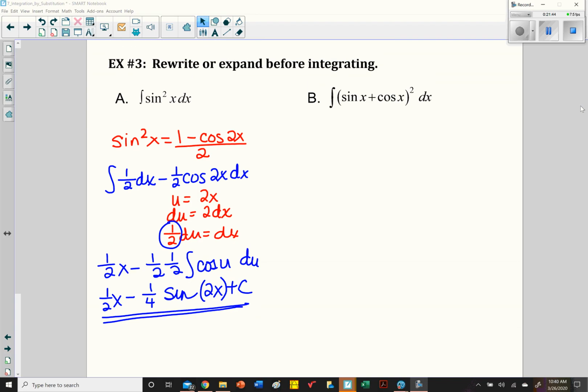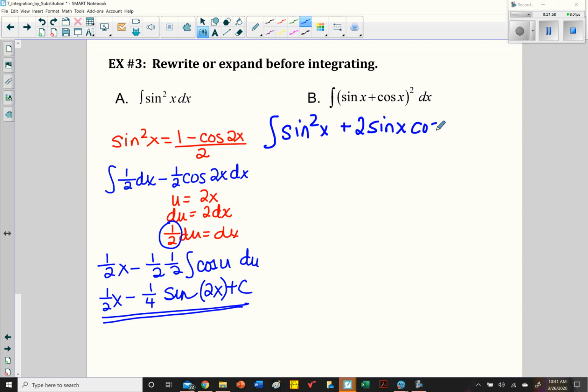Now, in this case, we're going to expand the binomial: sine squared plus 2 sine cosine plus cosine squared. And by doing that, you see sine squared plus cosine squared equals 1. So we add those two together and use that identity. And 1 plus 2 sine x cosine x